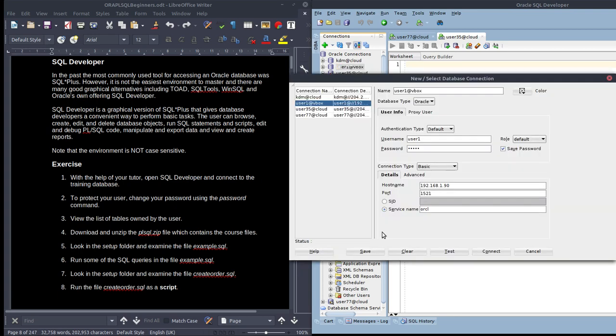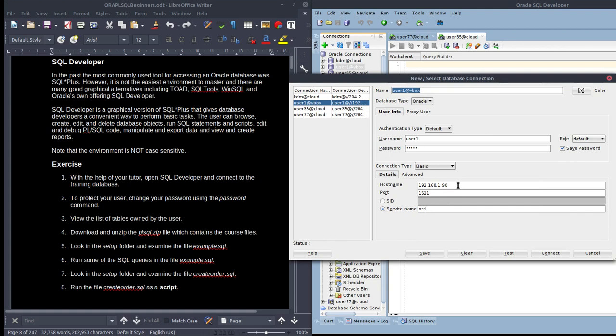You'll see a difference. That's an IP address on my local network because the virtual machine is running on my laptop. There's my username. This one's at VirtualBox, so I can tell the difference between this and the cloud. Username and password. Oh, I forgot to say, if you tick there, you don't have to type the password in each time. And it's different. This one uses 1521 as the default port.